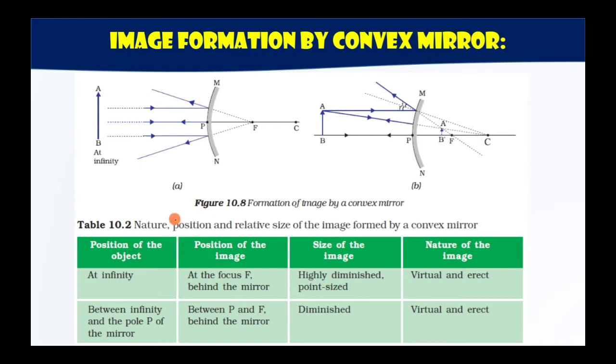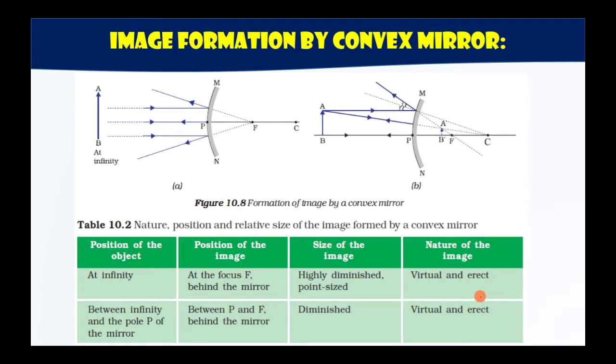One thing I would like to add is you have to draw the directional arrows like this. If a ray is incident, you have to draw an arrow such that it points towards the mirror. And when a ray is reflected, you have to draw this arrow such that it shows that the ray is going back from the mirror after getting reflected. So please make these corrections. You have to draw these arrows whenever you draw the incident ray and the reflected ray. You don't have to just draw simple lines, right? So I hope this is clear.